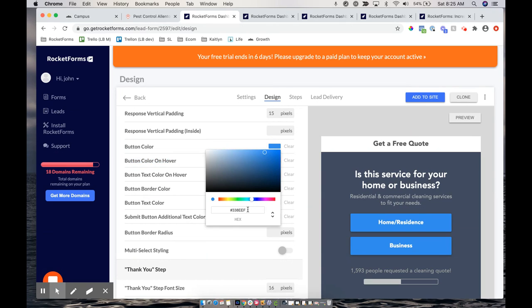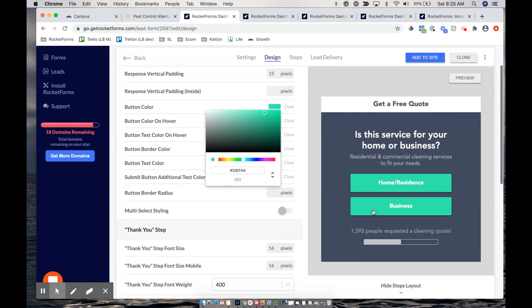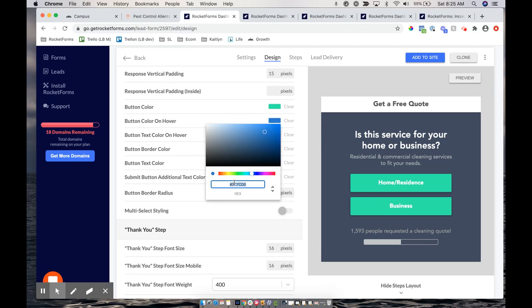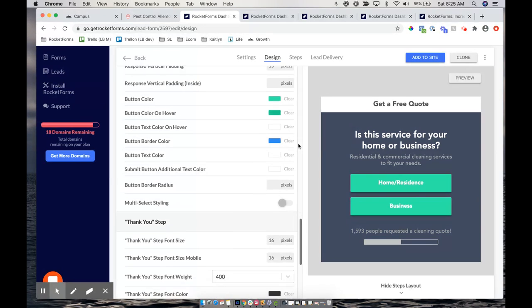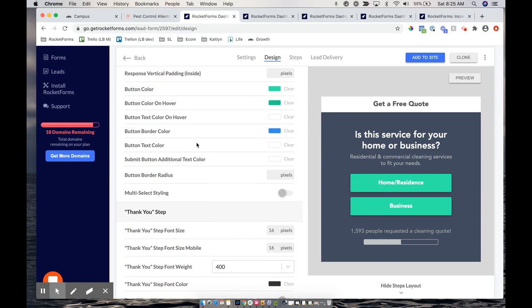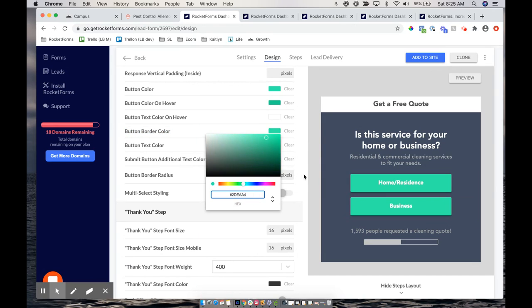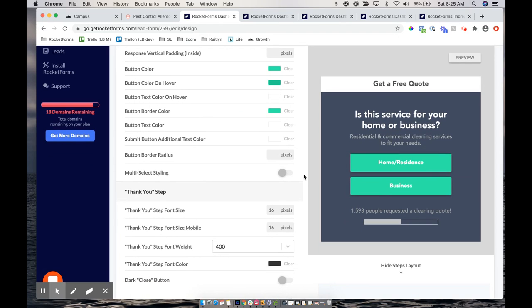So I'm going to save this because I like this color blue, but let's say that I wanted to make it green. As you can see, that's actually kind of a nice color green. So let's go with that. And then I'm going to make the hover color a darker shade of green. So I'll just paste this color in and kind of drop that down to there. And then the text color we're going to leave as white. The border color, we'll make it green. And then